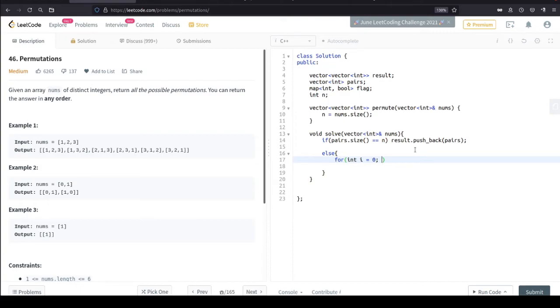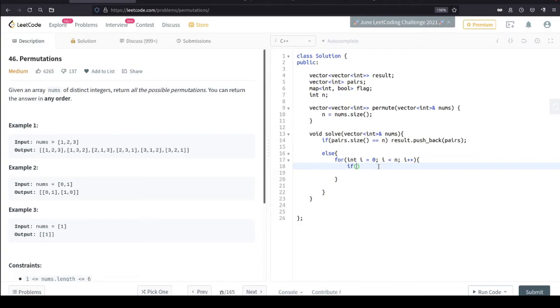So i is equal to 0, i is less than n, and i plus plus. Okay, in this there will be one more condition which will check that the number is not already taken by any other block.